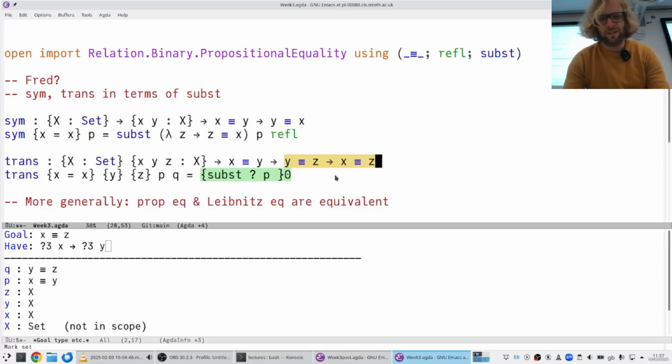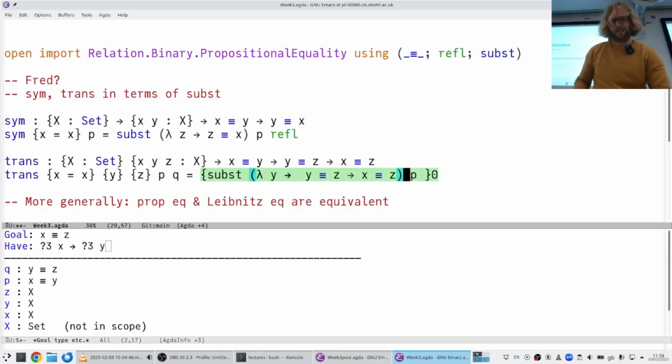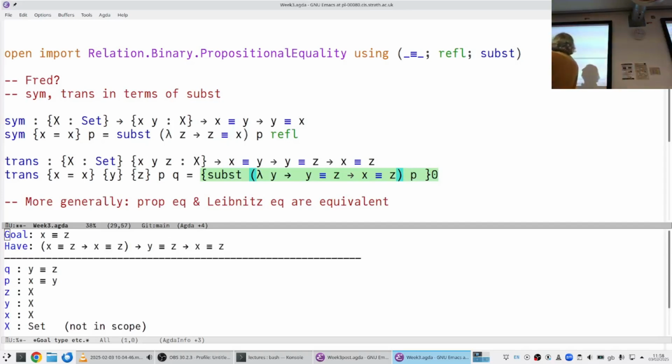Yes, introducing Q was not helpful. Yeah, so let's see what happens. So I could do what Connor suggested and just call this y and copy it right in. And then we see that the goal we have is good.